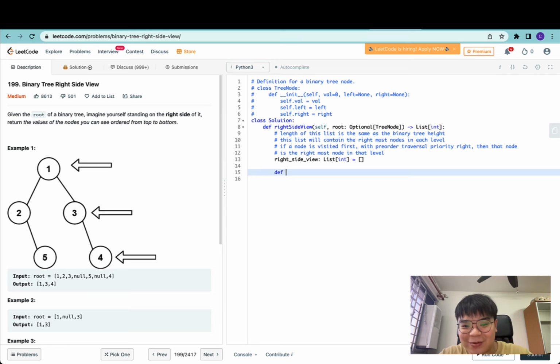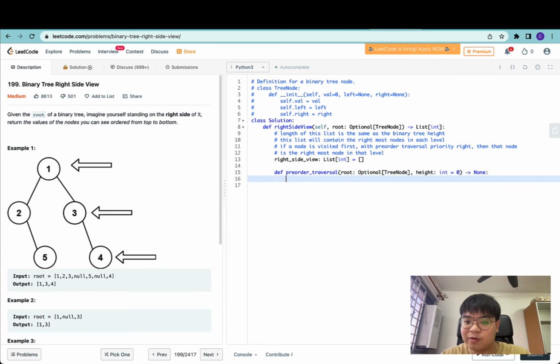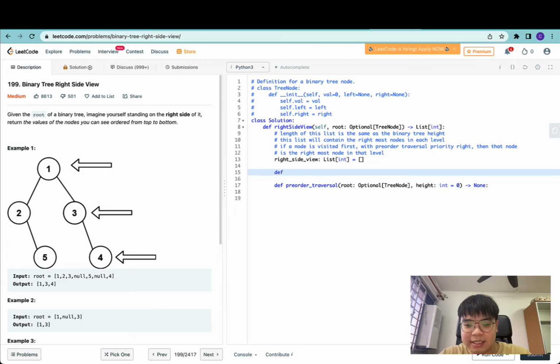So once we're done, we can start implementing the pre-order traversal. And this pre-order traversal would have two parameters to implement this algorithm. The first would be the current root that we're looking at. This is the tree node that we are currently visiting. And the second is the current height of this root. So we will set this to 0. And this pre-order traversal will return nothing. We will also define another helper method. Let's call this